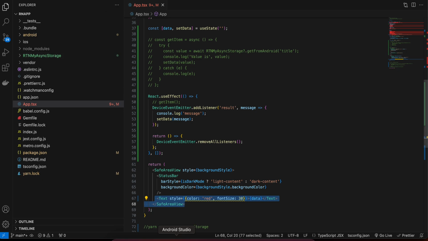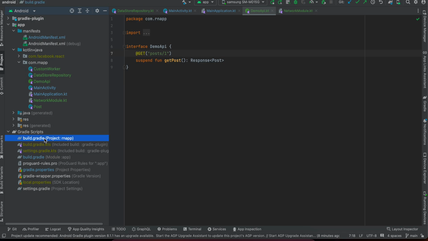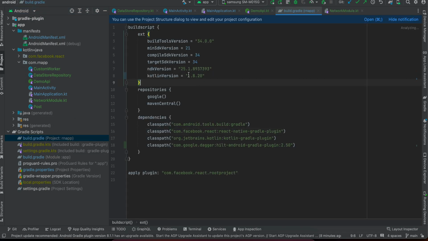Open the Android folder inside Android Studio. Next you will have to go to build.gradle.kts. First update Kotlin version to 1.8.20. Next you will have to use this classpath for Dagger Hilt. Dagger Hilt is used for dependency injection, and we will be using dependency injection because that is the right way of injecting this background